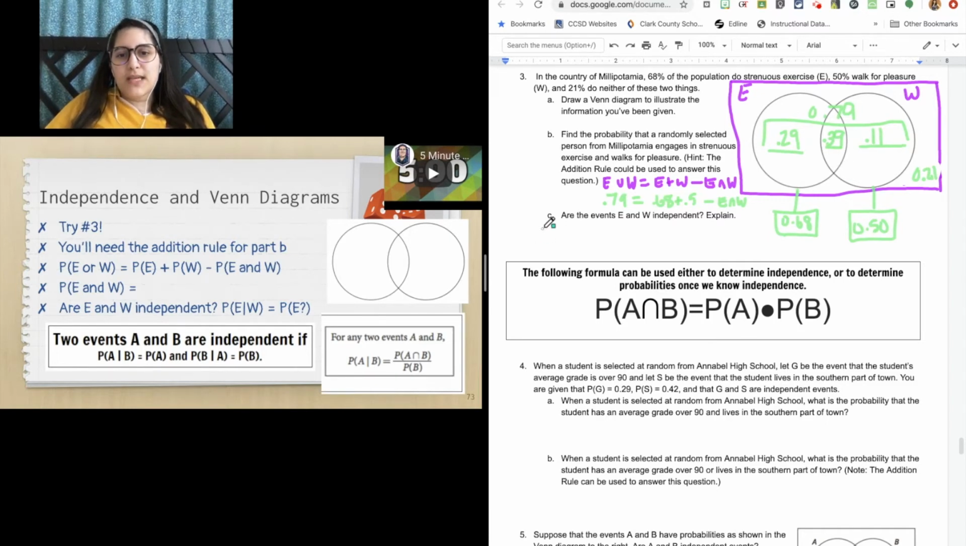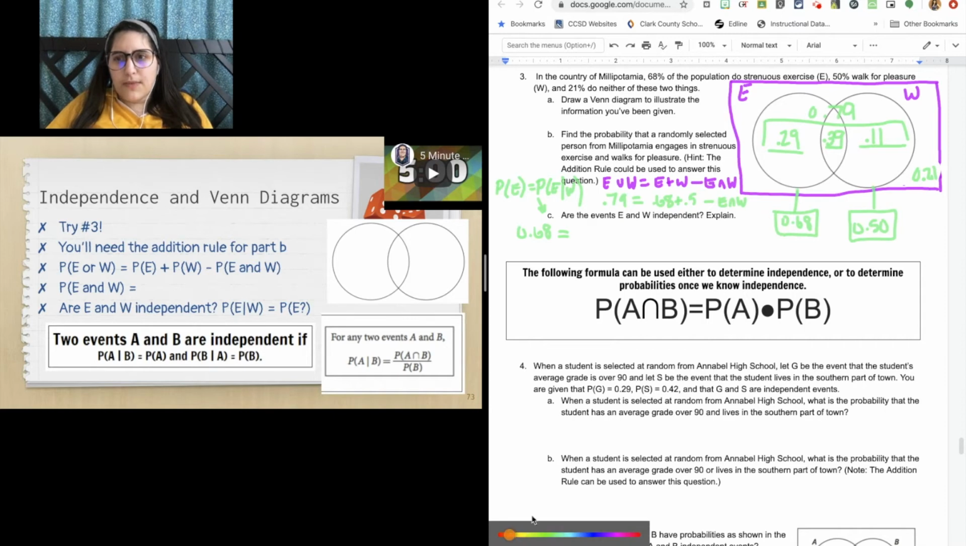Okay, so based on the definition of independence, I want to check, is the probability of, say, E equal to the probability of E given W? So I'm going to add in the restriction. So probability of E, I already know that value is 0.68. And then I want to know, is that equal to the probability of E given W? Okay, so E given W,